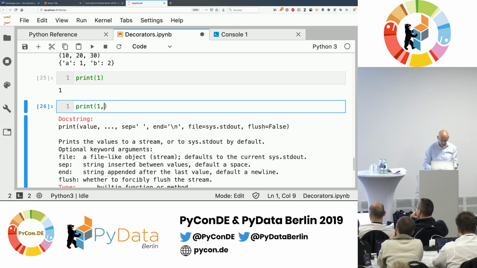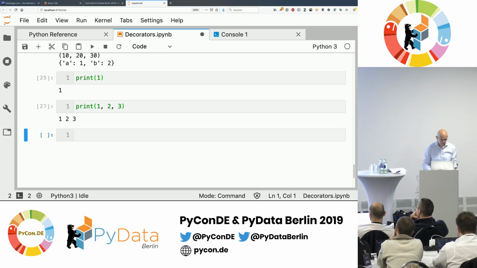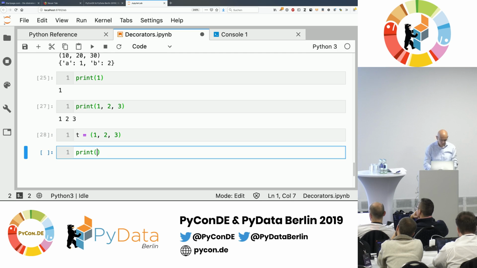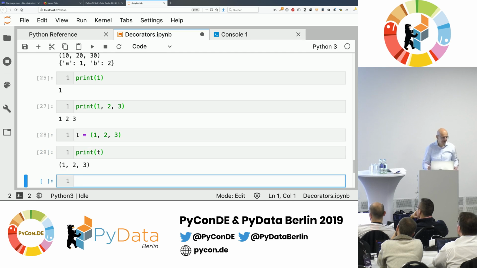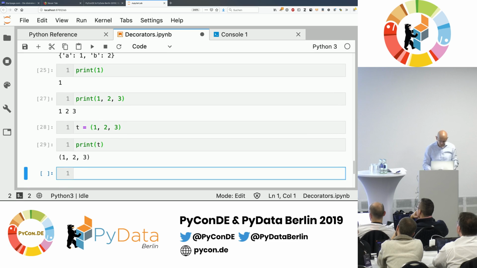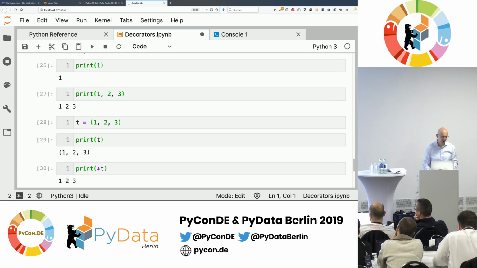So I can say print 1, 2, 3. That would work. If I have a tuple with 1, 2, 3, I can print my tuple, which prints the tuple as is represented. But now I can use my star again, and here it takes the tuple and unpacks the tuple, and this would be equivalent to writing